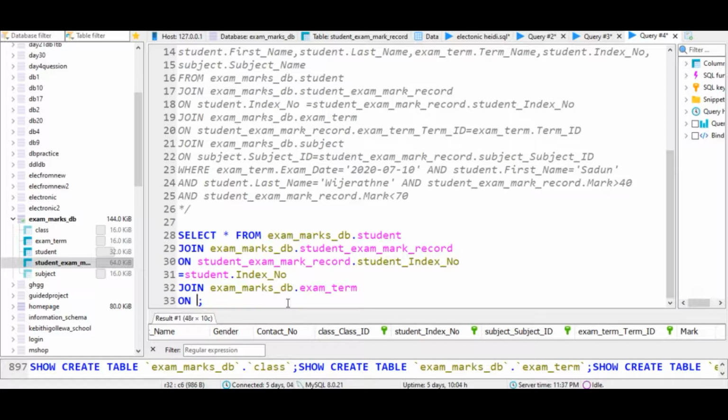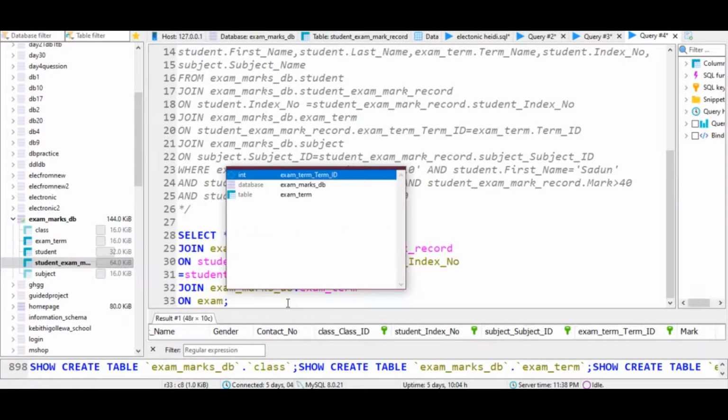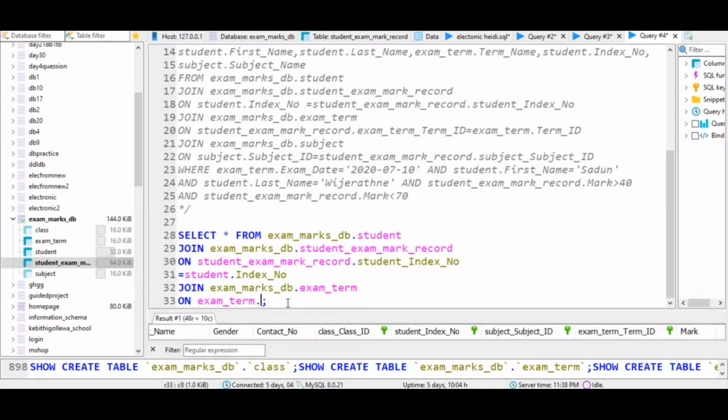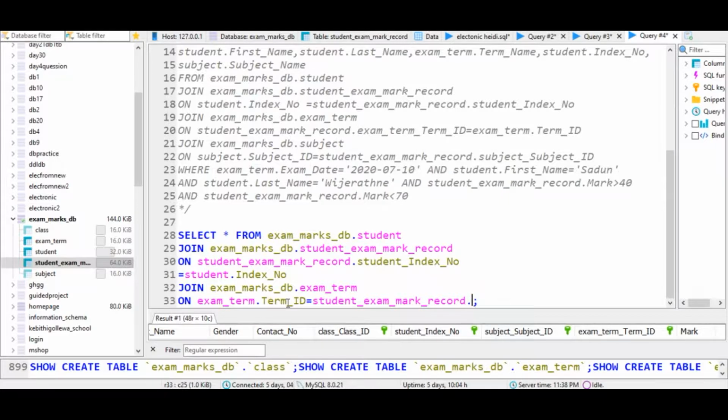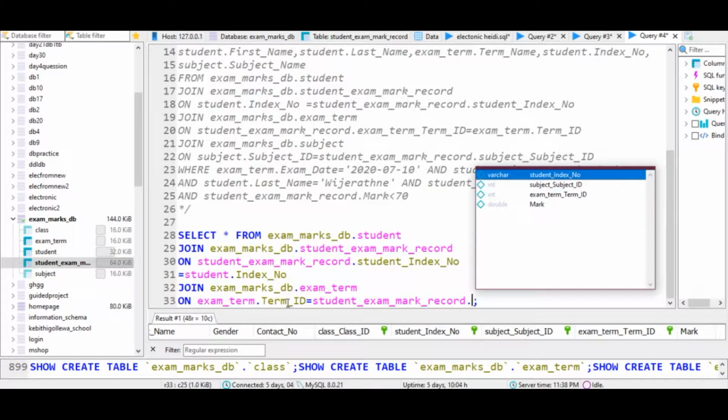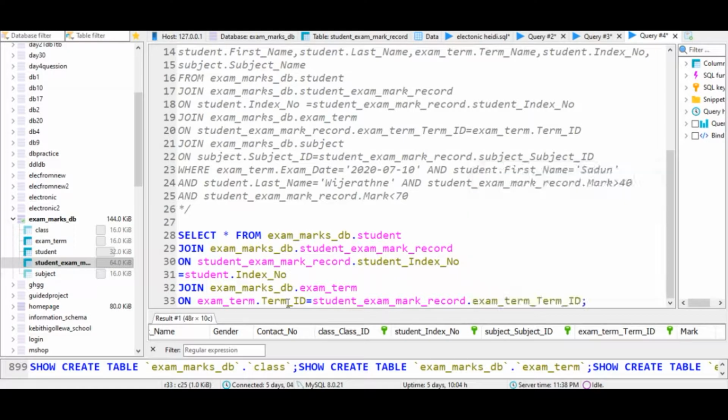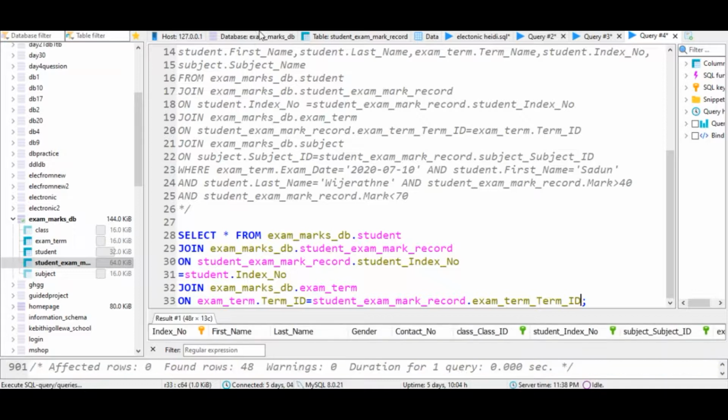So I'm going to match the exam term tables term ID with student exam mark records student ID, sorry, the term ID. So if you execute the query now, you will get an answer like this, and it included